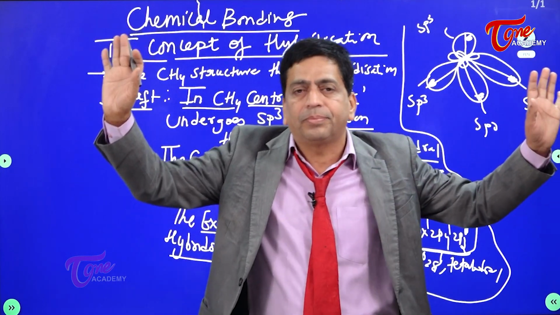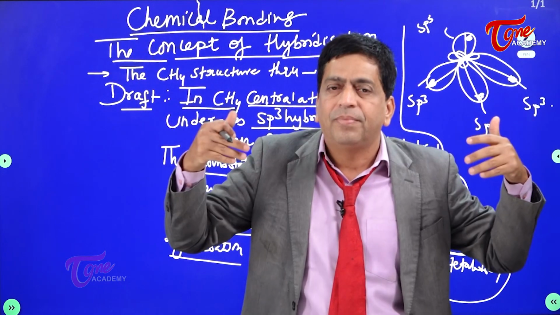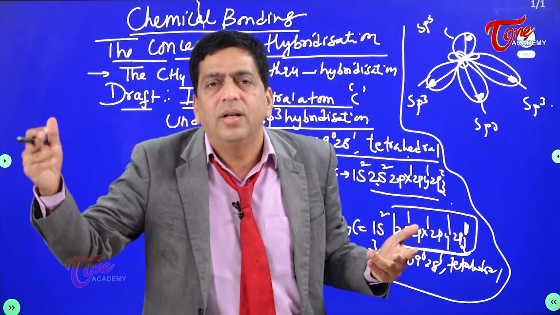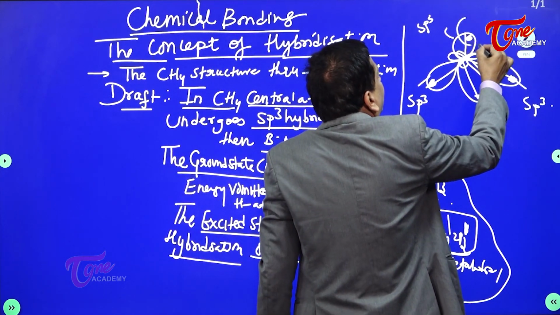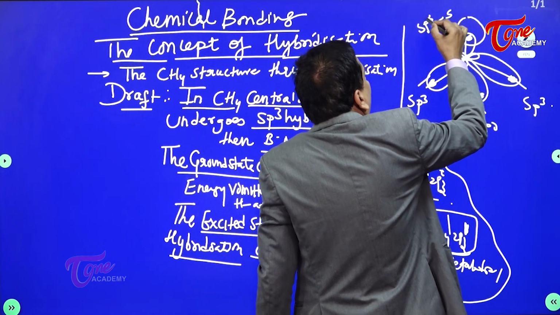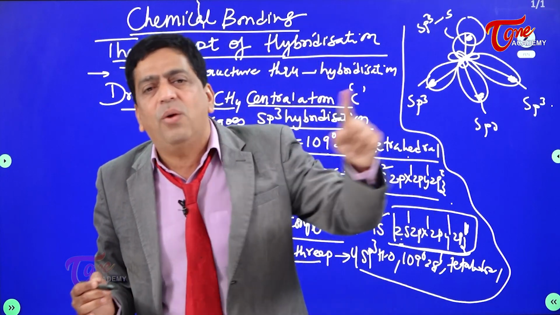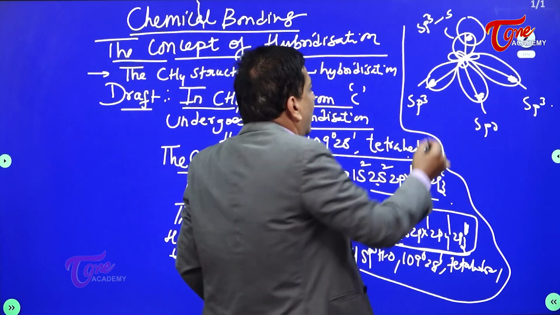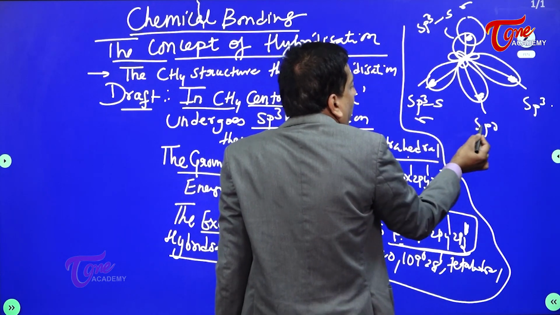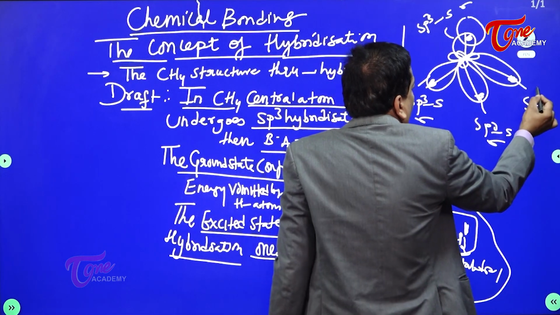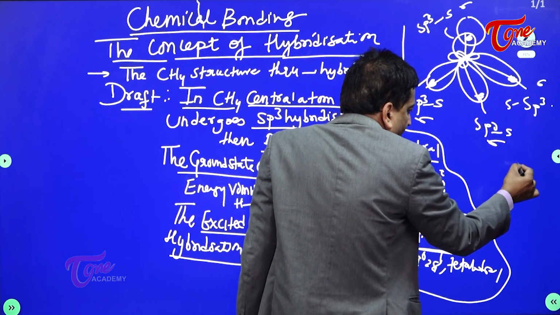Now I am ready. I am ready, please come. And I am inviting whom? The hydrogen. Come, please. Come and overlap. And here is the overlapping. And this bond is s-sp3 because the hydrogen has its electron in 1s. So it is s versus sp3. And if it is s-sp3, it is a sigma bond. It is an s-sp3 sigma bond, s-sp3 sigma bond, s-sp3 sigma bond. And here it is, the methane molecule. Look into this.